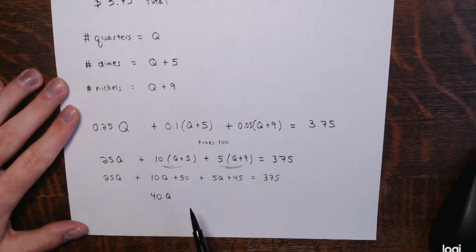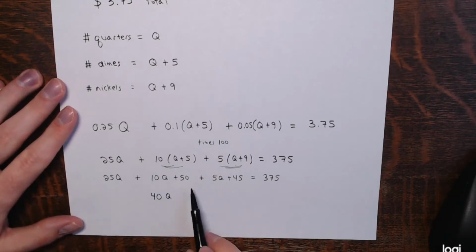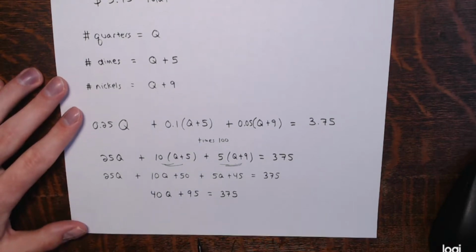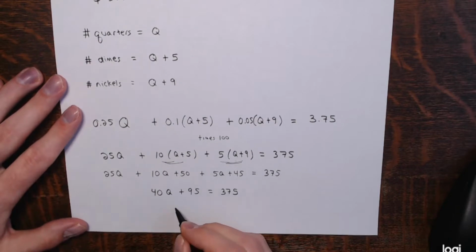Alright, 25Q and 10Q and 5Q is 40Q. 50 and 45 is 95, equals, and then 375. Right. And then subtracting, subtract 95, and we have 40Q